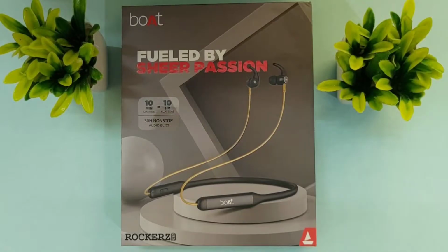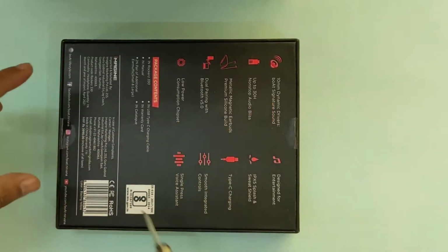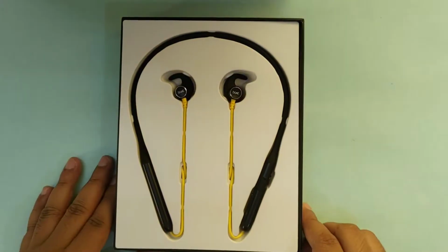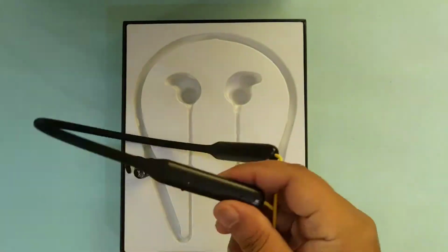In today's video, I'm going to review the newly launched BoAt Rockerz 330. The one which I ordered is black in color and it's called Blazing Yellow, and these wireless earphones are available in 6 different colors. Let me take out these earphones, and the first thing which I noticed is the black